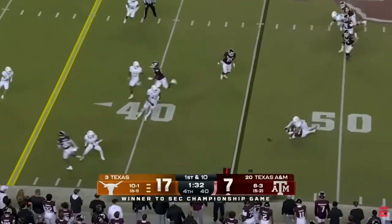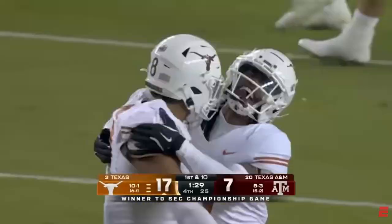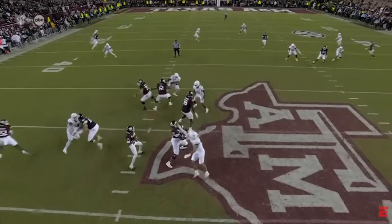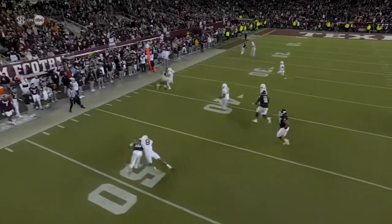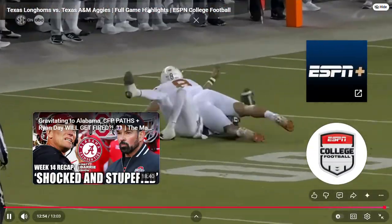Pressure comes, he spins free, and he'll be knocked down. Ball is out. Texas falls on it. It's Vernon Broughton. He's had a monster night. Who makes the recovery that should secure Texas' spot in the championship game. Yeah, I'll tell you, you get the pressure here. It's good coverage downfield. They're trying to force him to his left. Marcel Reed loses Trey Moore and the threat of Trey Moore. And then there's Broughton, how fitting for him to be able to jump on top of that fumble. Texas defense